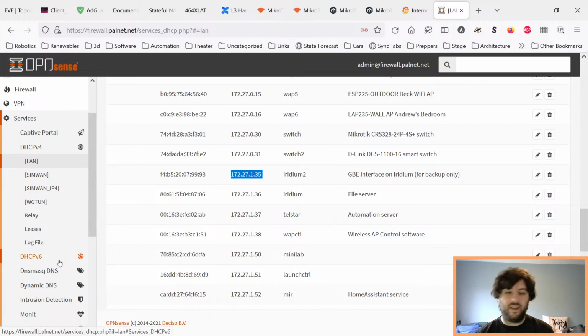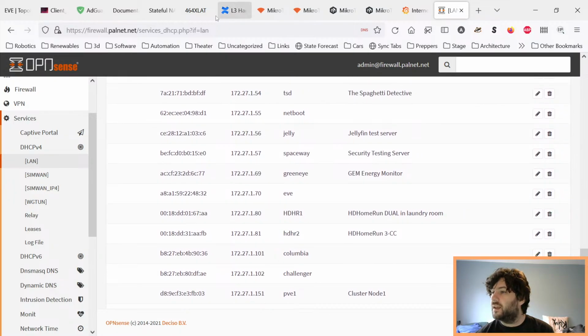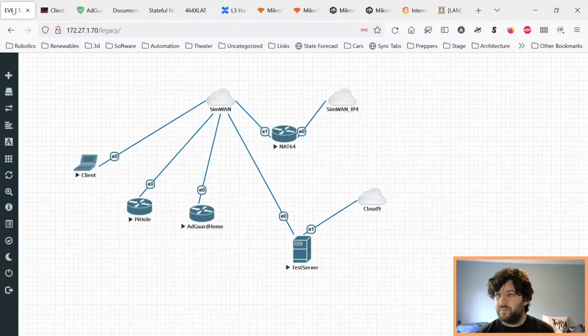So I have to do static DHCPv6 entries then, which I don't use, so it's not something I would want to do. So there's that. I have been looking at other systems. So I did try